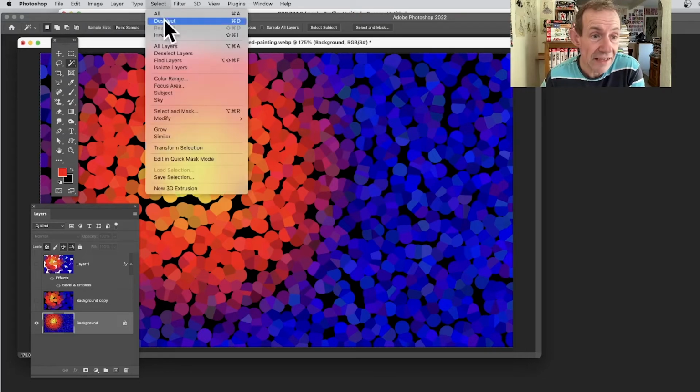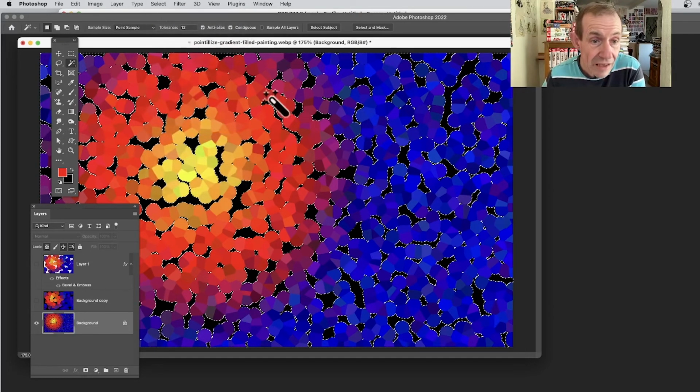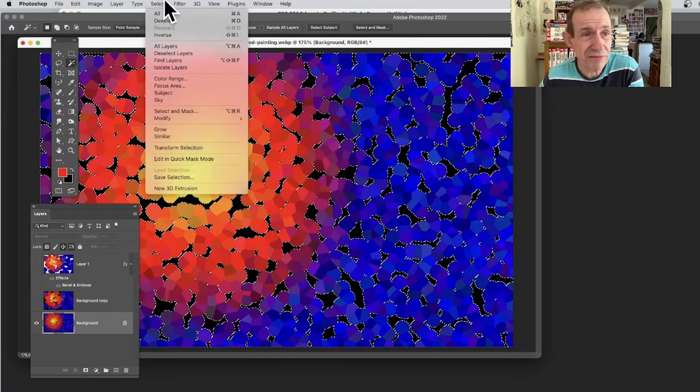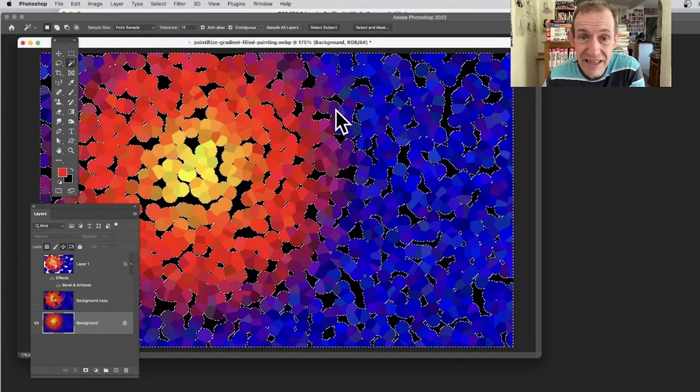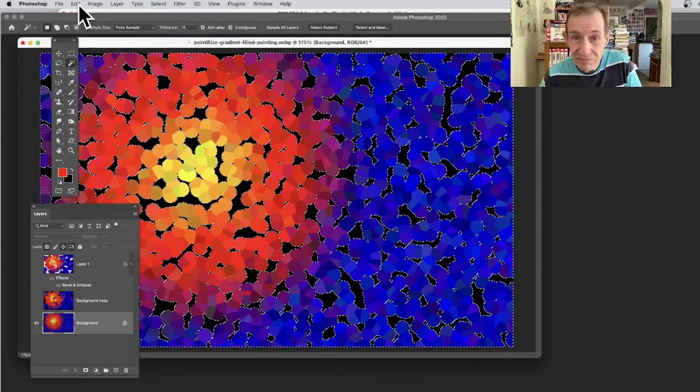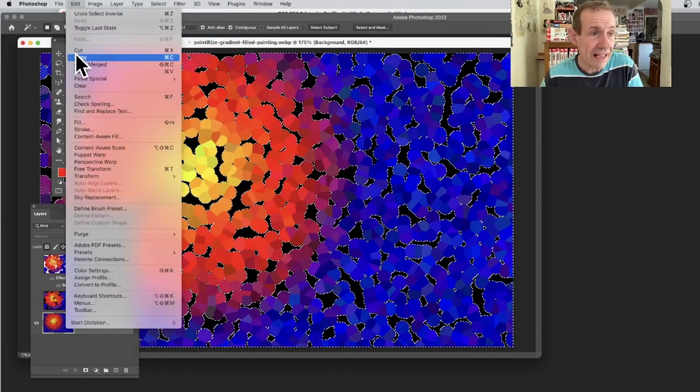So select and similar. And again, you've got all the black selected. I don't want that. I want the inverse. So I'm just going to go Select and Inverse. Now that effect is selected. And then I can, of course, do exactly the same as before, Edit and Copy,